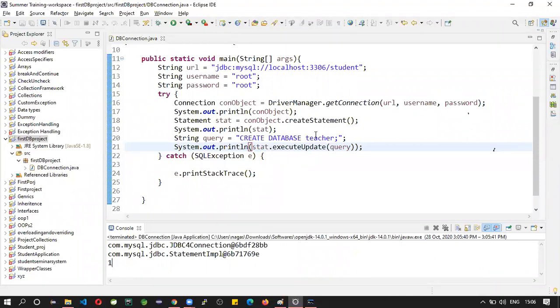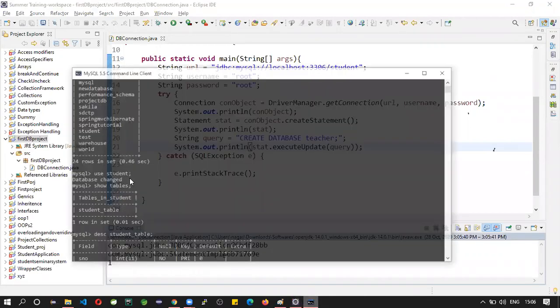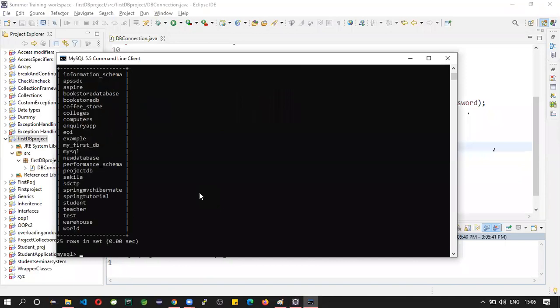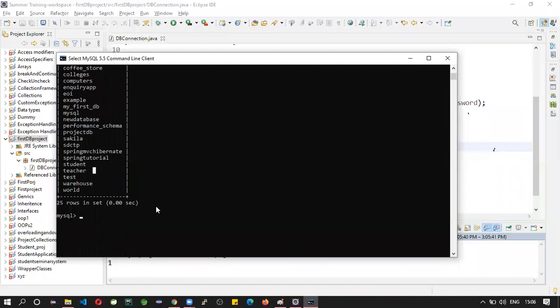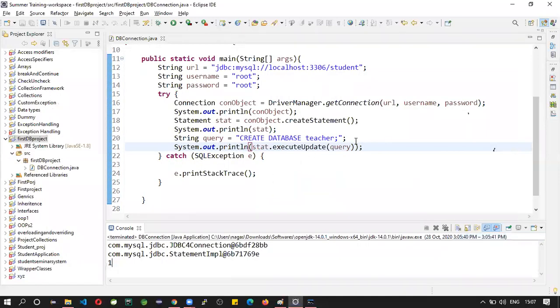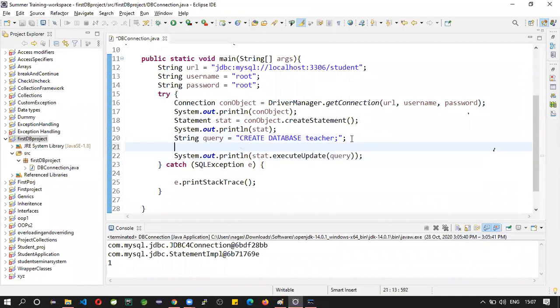So let us check whether this database is created or not in our server. Show databases. What is the database? Teacher, right? So see, a new database is created inside the server. So I created the database, and inside the database, I'm going to